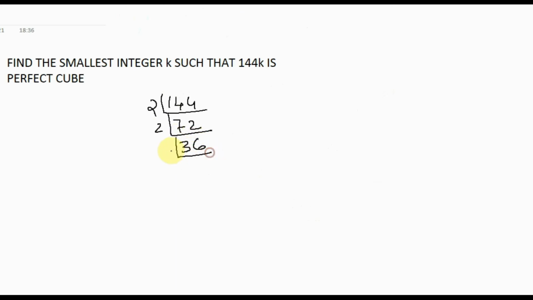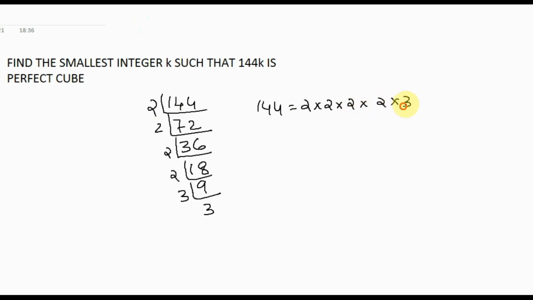Again 2, that is equal to 18. Again 2, that is equal to 9. Again 3. So we can write 144 is equal to 2 into 2 into 2 into 2 into 3 into